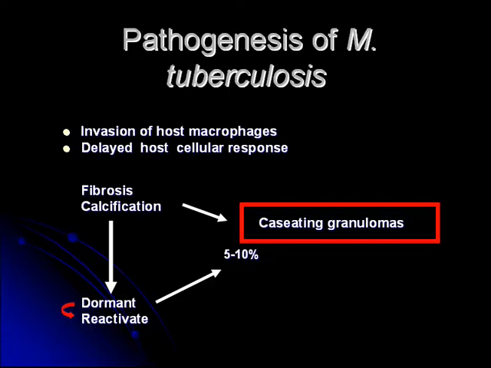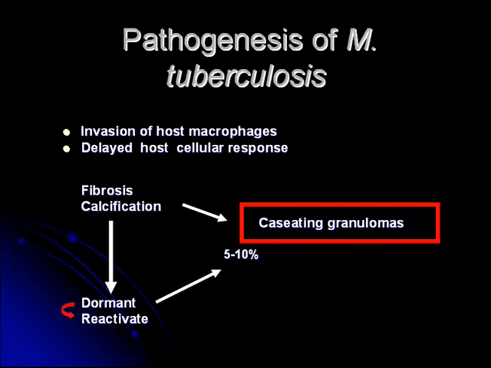Once the bugs get into the body, they invade the macrophages in the lung, and they have a way of avoiding death inside of these macrophages, and they proliferate for a period of time. Eventually the body mounts a response to these bugs, and it's delayed. It takes about 3 weeks, and by that time the bugs have either spread throughout the body or they've caused local damage. And if the body contains these in the macrophages, you get the formation of what's called a granuloma.